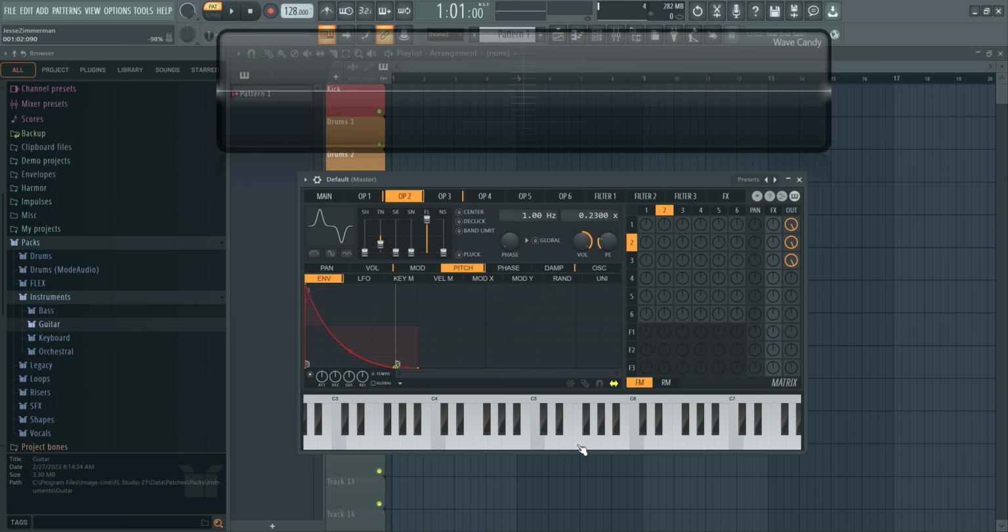Oh yeah, and then I don't think I want to amplify it any. Above this is amplification, below